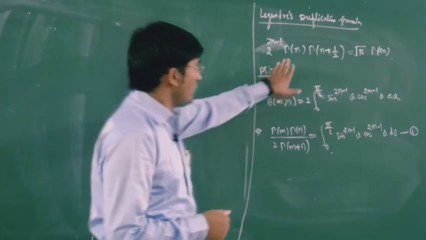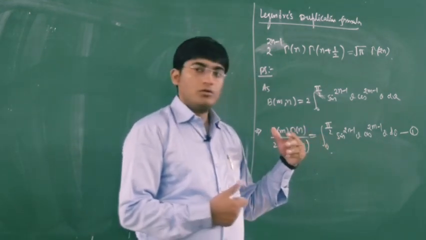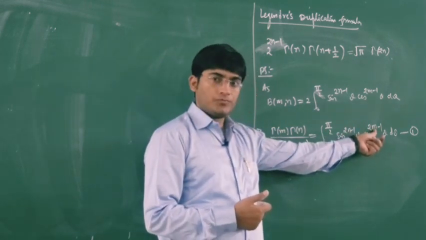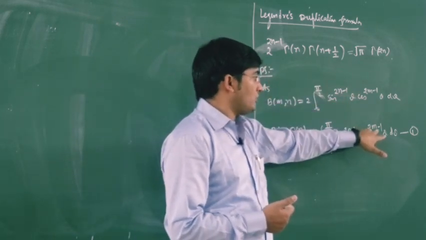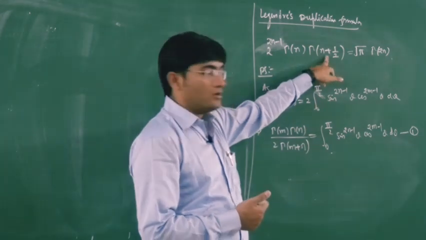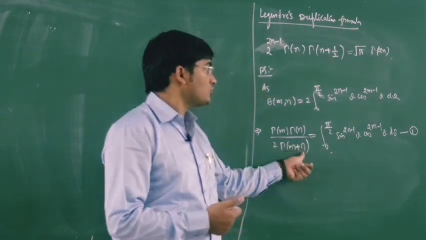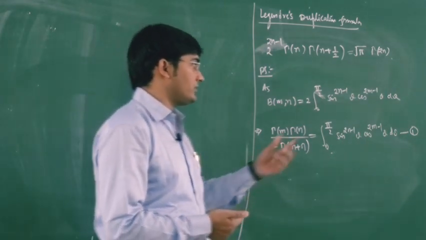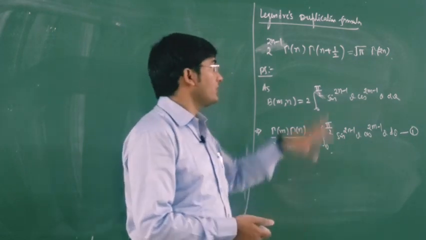Now here you can see that we are not getting any m. So let us put m equal to 1 by 2, then we will put m equal to n. If you put m equal to 1 by 2, then we will get this term as gamma half plus n, and this is your gamma n plus half. And when we put m equal to n, then we will get gamma 2n, and this is your gamma 2n. So let us put m equal to n or m equal to 1 by 2 in the right hand side, and then try to equate the right hand side in both cases. Then we will get the answer.